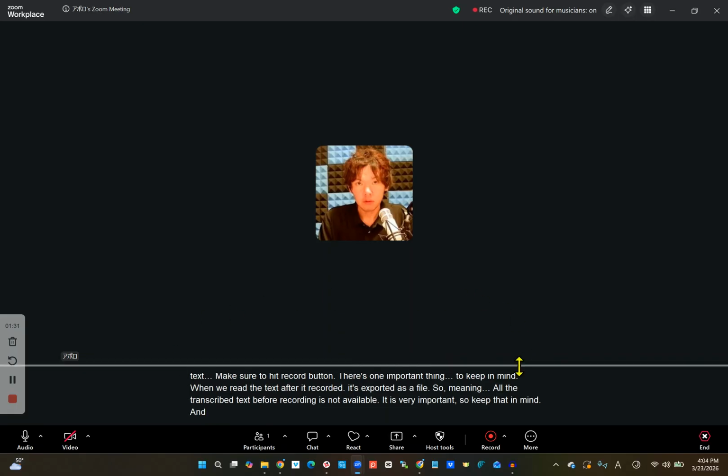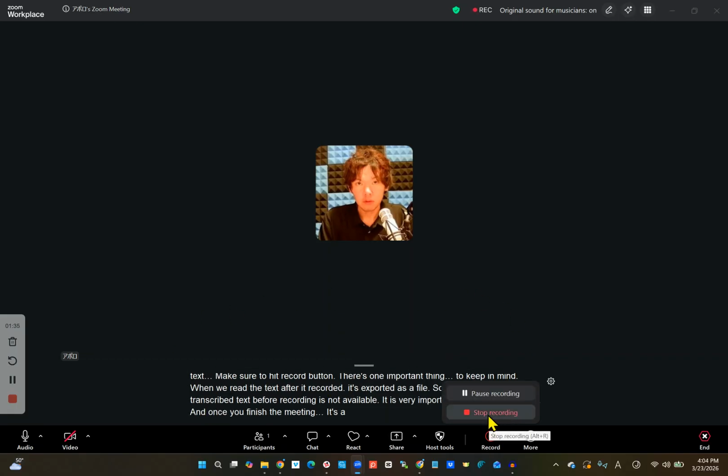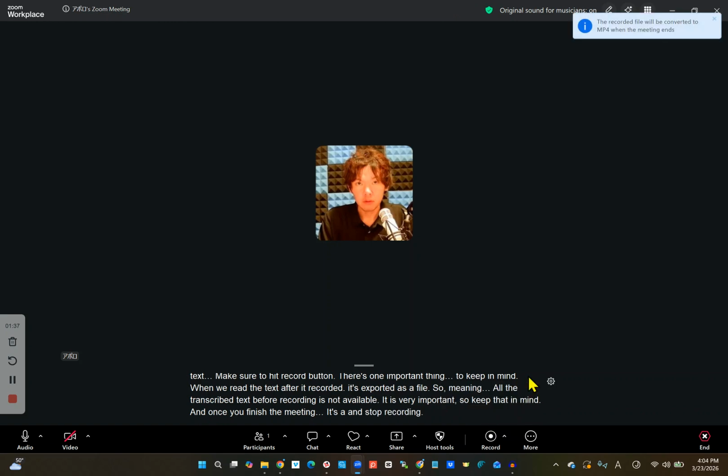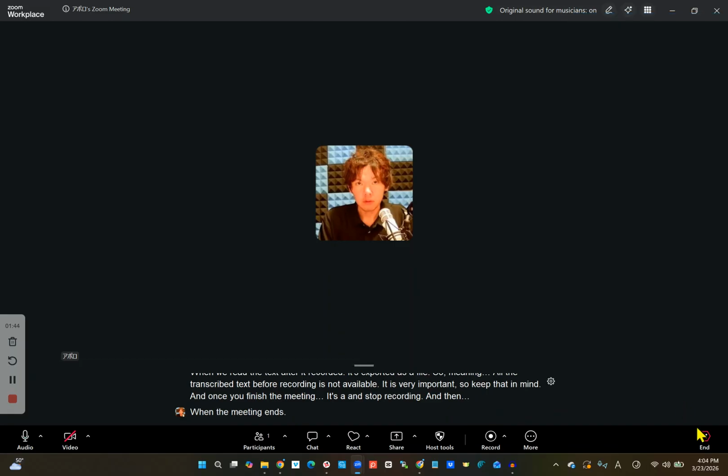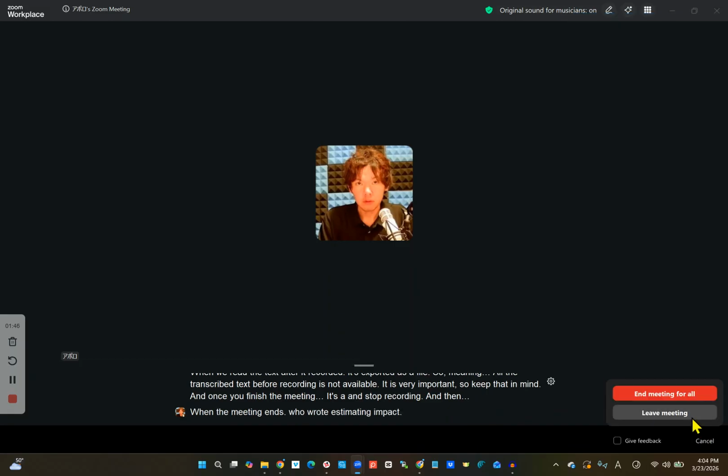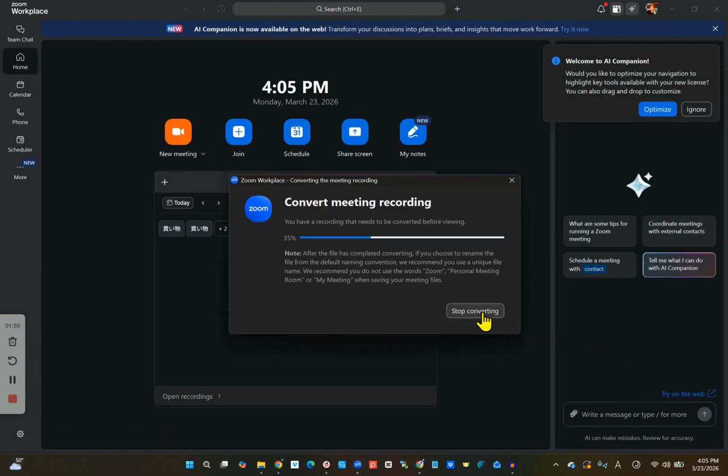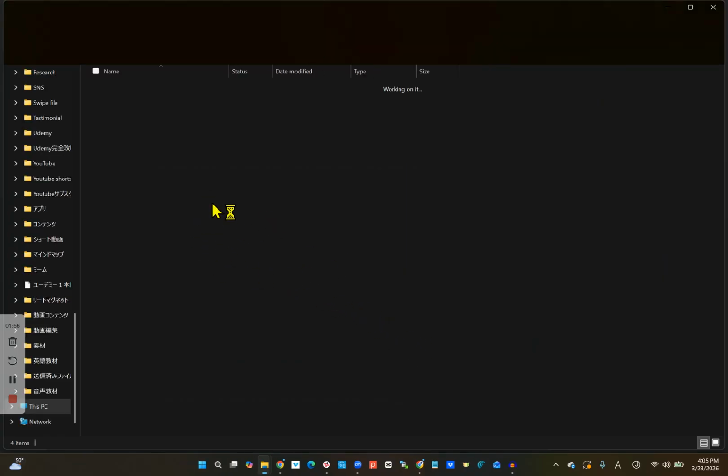And once you finish the meeting, hit the record button and stop recording. And then when the meeting ends, close the meeting entirely. The file will be exported automatically, and you'll find the transcribed text